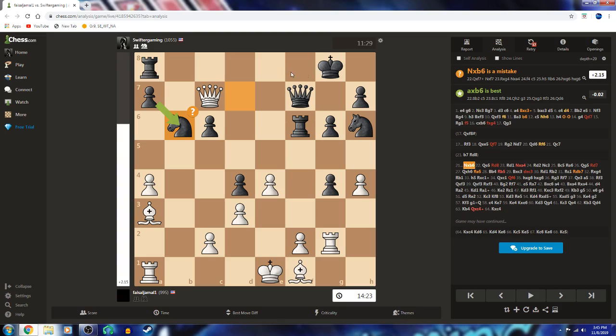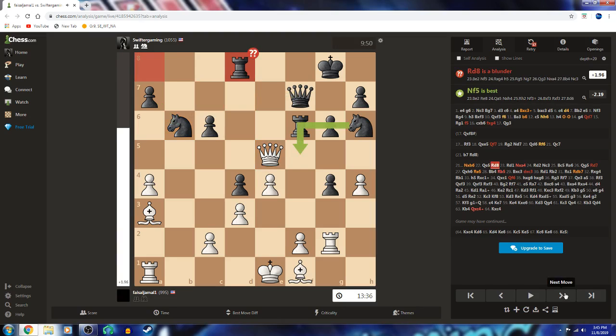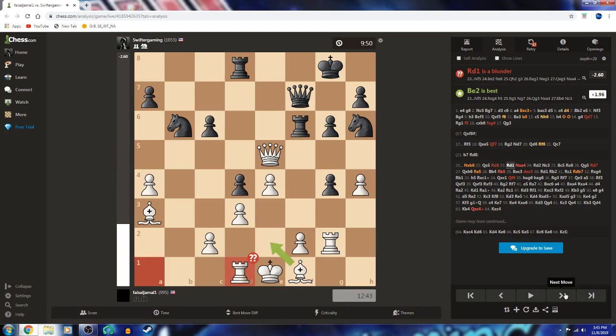Say no exchange. I'm okay with the queen trade. He doesn't accept the trade, and rook d8, rook d1,